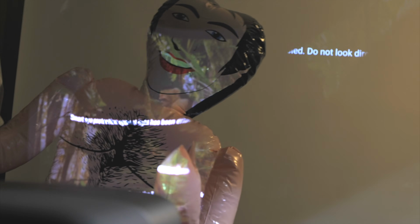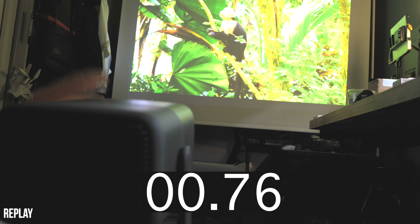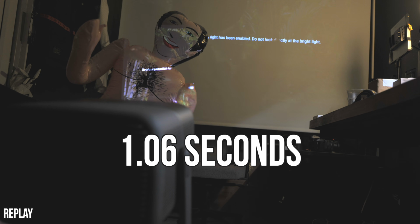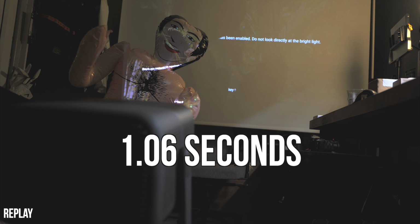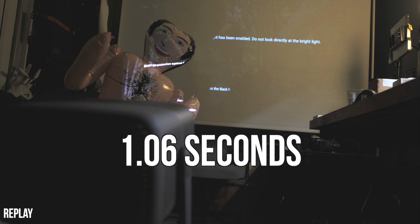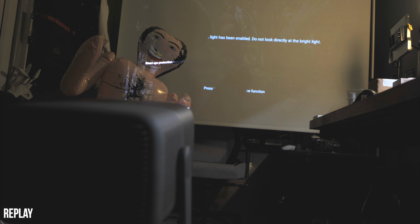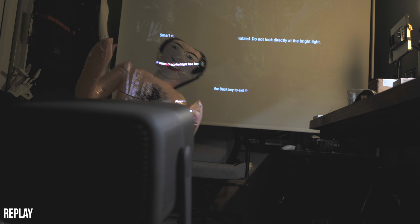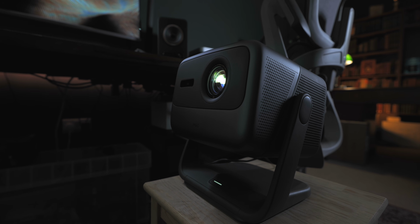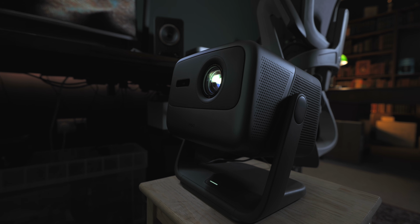Oh, look at that! The projector stopped projecting in a blinding, no pun intended, 1.06 seconds, which is incredible. Now, something else about the projection quality is that it's got something called MEMC,